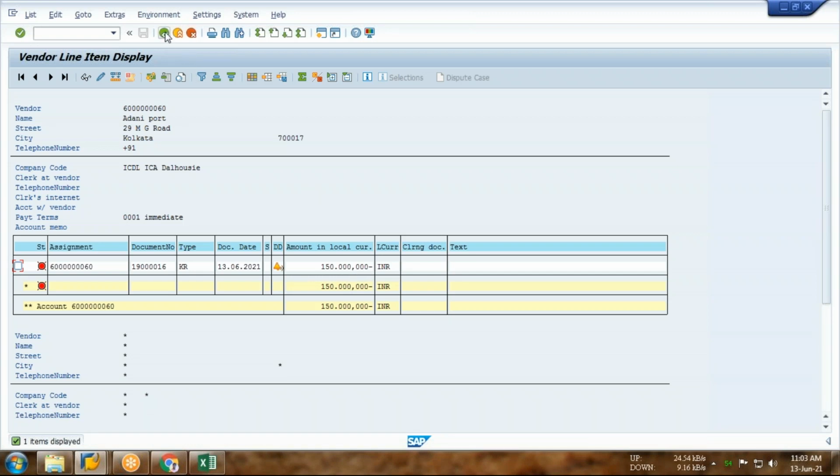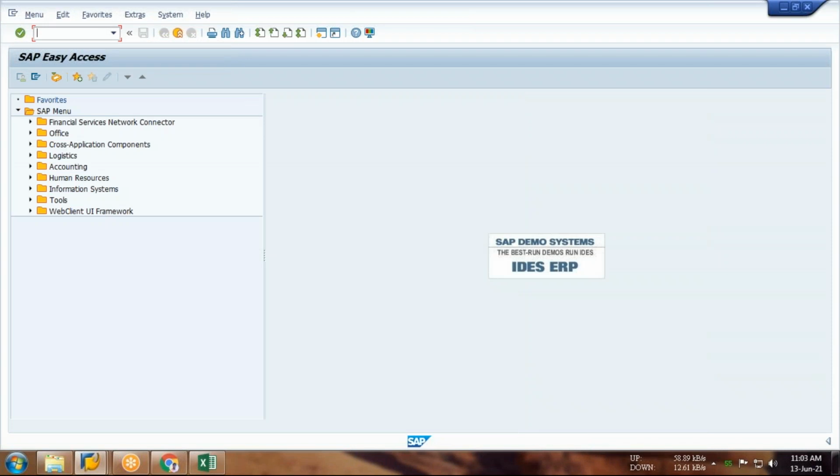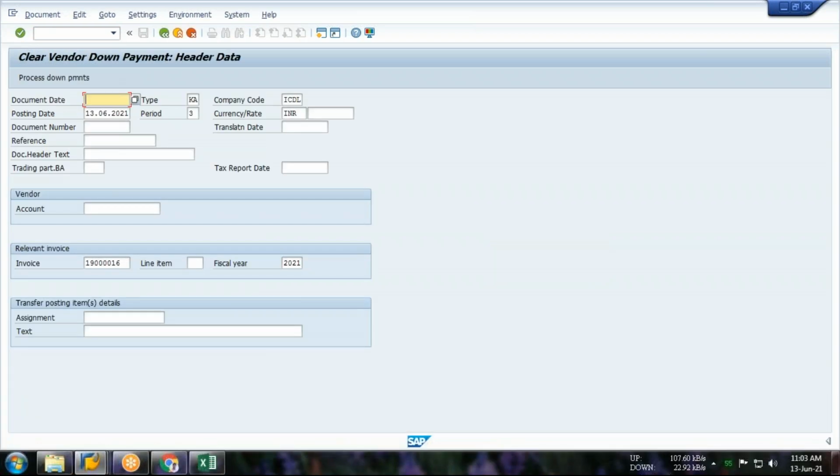Right. Now what are we supposed to do? We have to adjust. What is the T code for the adjustment? F-54. Right. So how shall we adjust? First the date, next the vendor. Now press enter.